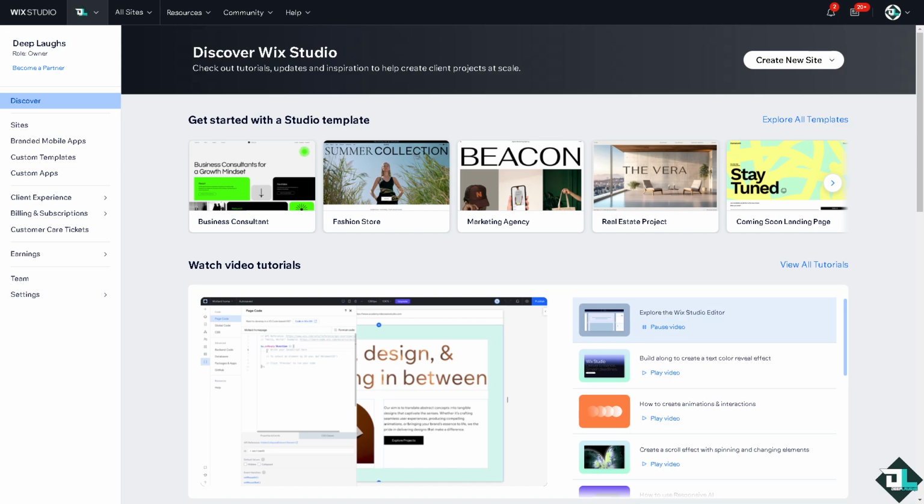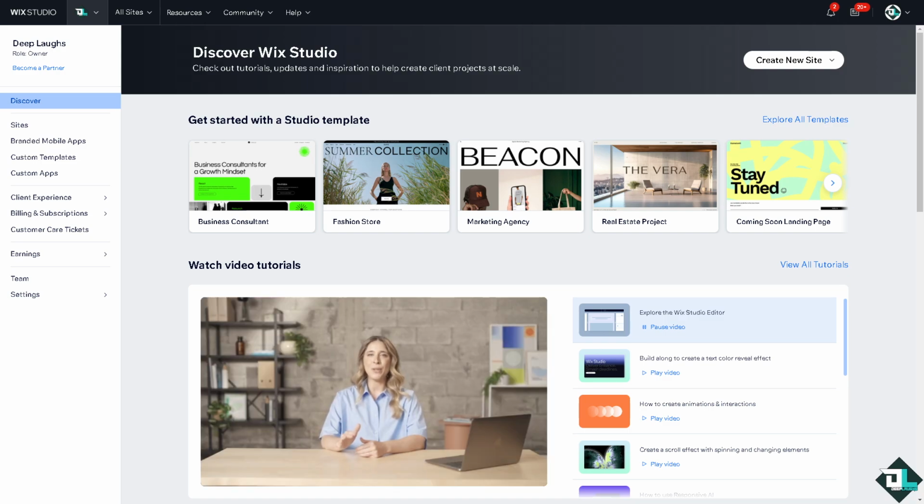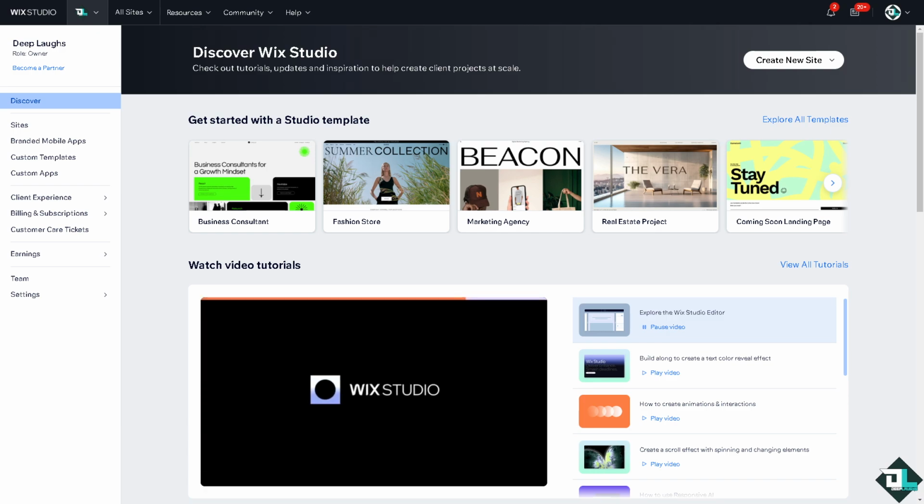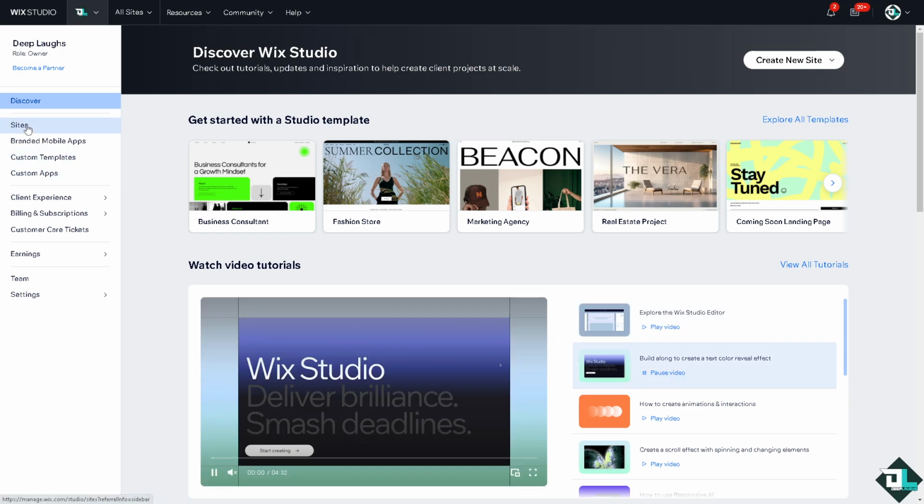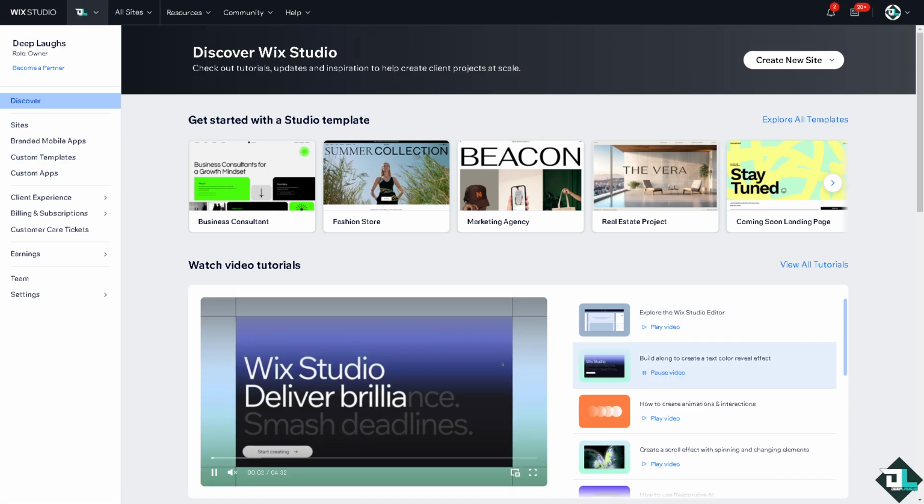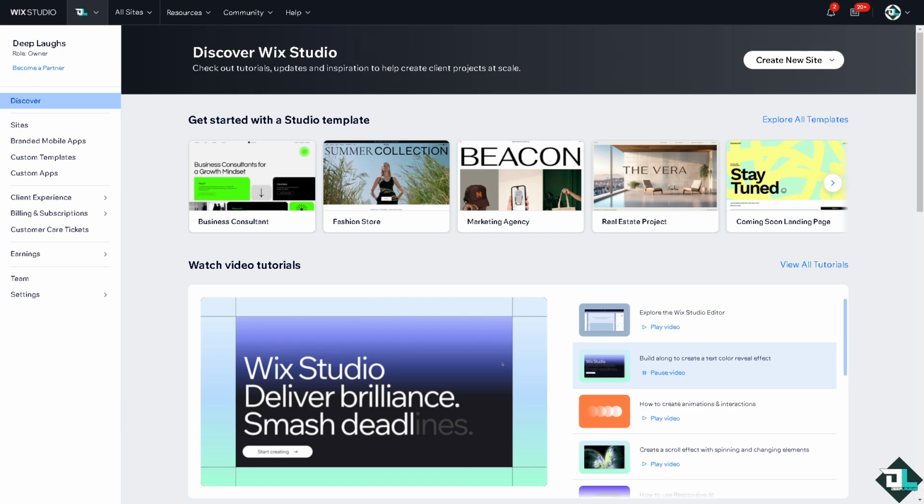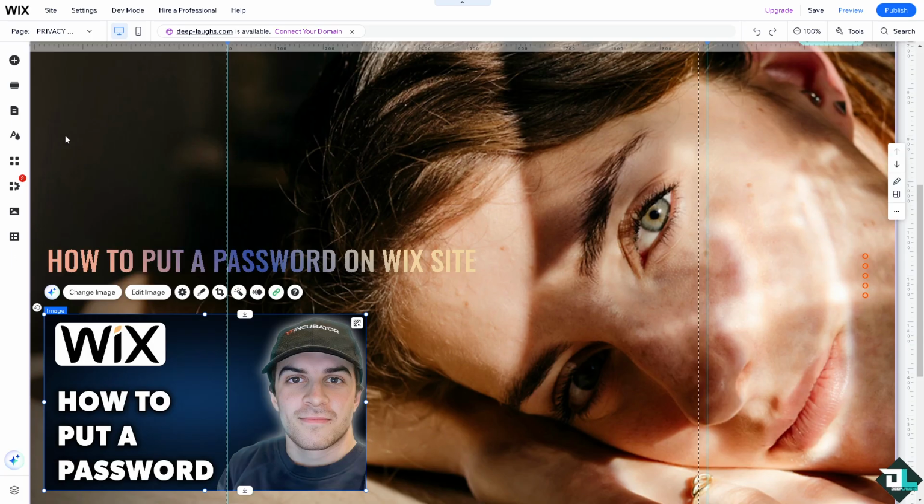To password protect your Wix website, you can secure individual pages or the entire site. Now, it's a straightforward process because all you have to do, once you're logged in, is click on the Sites section on the left side panel of your dashboard so you can open the Wix editor. Now here, I want you to hover to the left pane of your toolbar and click on the Pages and